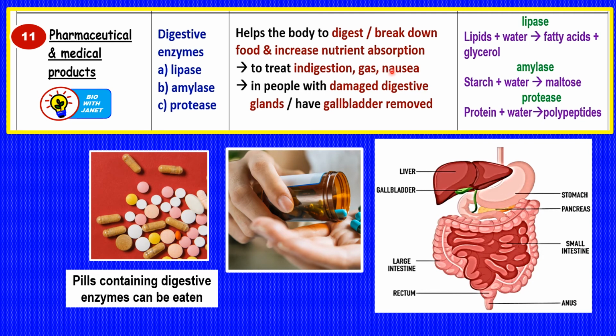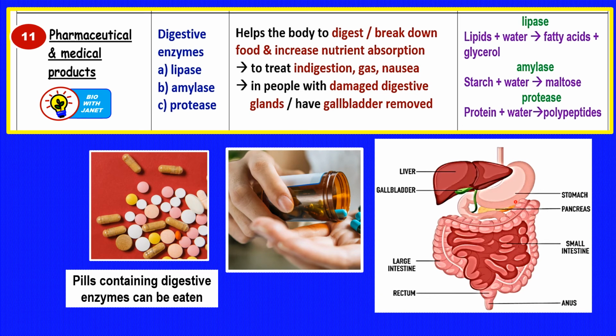For example, the lipids are broken down to form fatty acids and glycerol, which can then be absorbed into the wall of the intestine, into the body. Starch is hydrolyzed by amylase to form maltose, and protein is hydrolyzed by protease, for example, pepsin, to produce polypeptides. So this can help to treat indigestion, gas, and nausea in certain people who have a lack of these enzymes